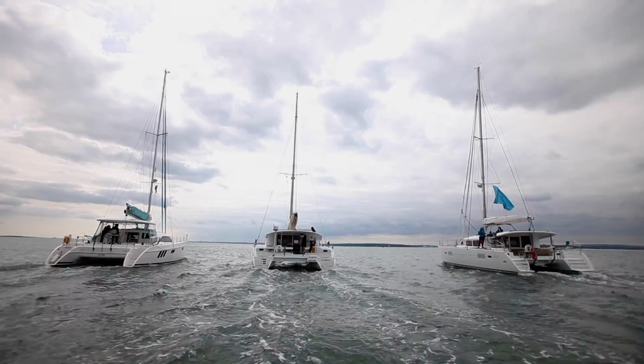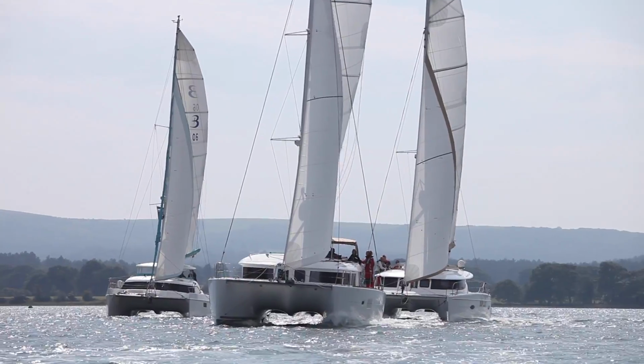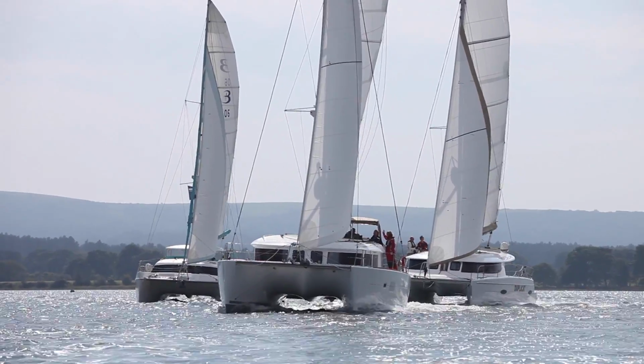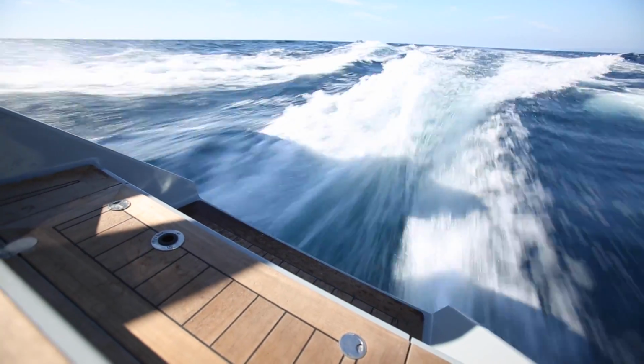Now, if you're thinking about buying a boat for yourself, let's say you've been through this apprenticeship in charter boats, you may feel that you have learnt a lot and you want to enjoy a bit more performance. So there are various catamarans you can buy that are orientated a bit more that way, but you will probably have to choose certain devices that are designed to enhance performance, and it's important to understand how cost effective each